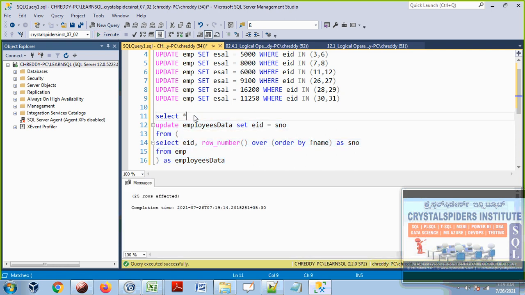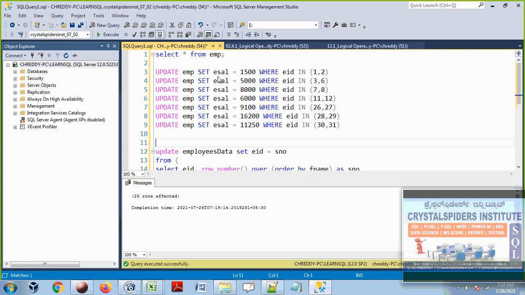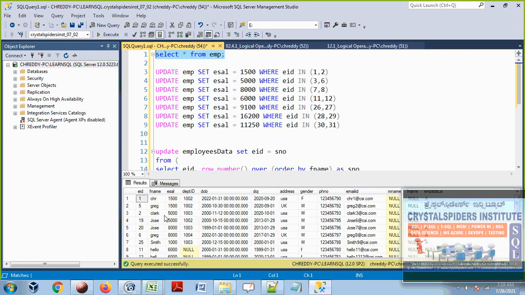Okay, so now I got this data. Now you see this, guys, I can see the sequence here.